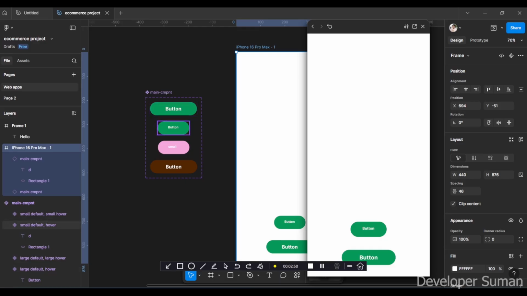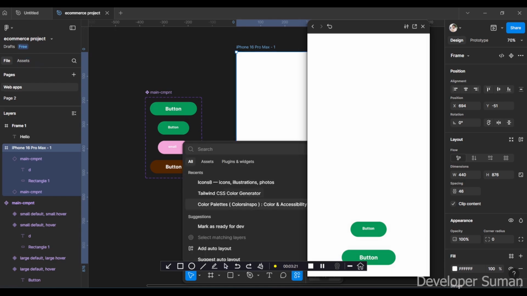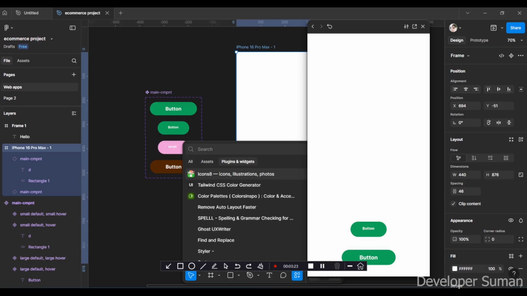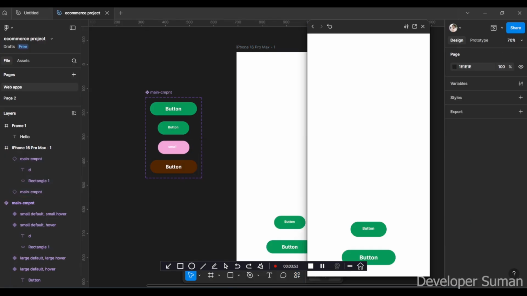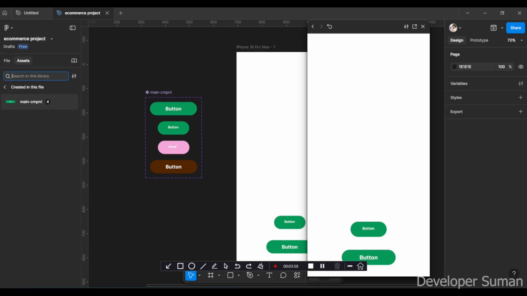So what is the use case of component? Let's say you have a button like this multiple times. After creating a component, you can access it from here, the asset panel, or also from here, like asset. So I just made the component, and this is the main component, and if I just drag it here,